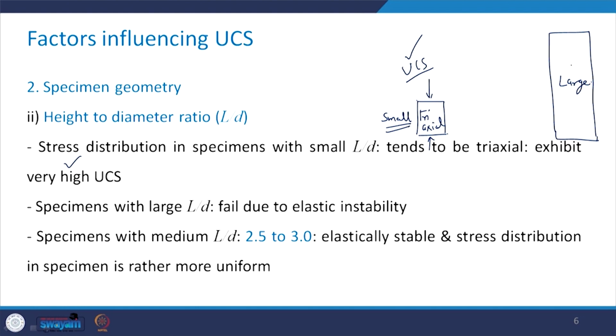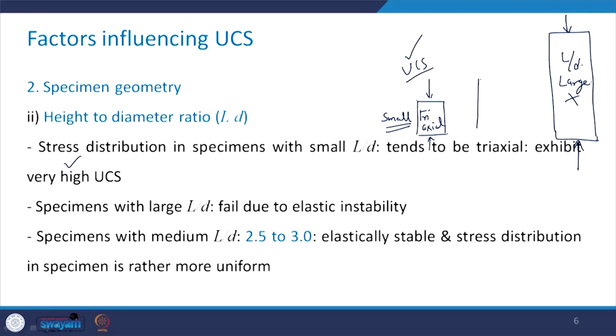What will happen in case of a very large specimen? Let us say L by D is very large. When you apply the load, there is going to be elastic instability in the specimen, and the specimen will fail because of that, not because it is subjected to uniaxial compression. So, it will fail because of the elastic instability. Again, this is not going to give me the correct picture, and therefore we have to go for something like this,